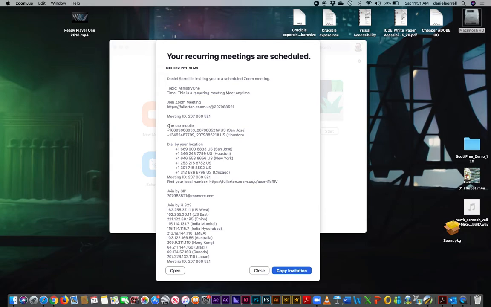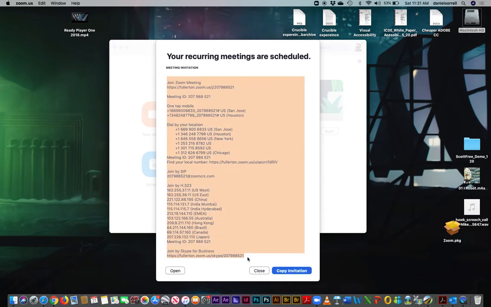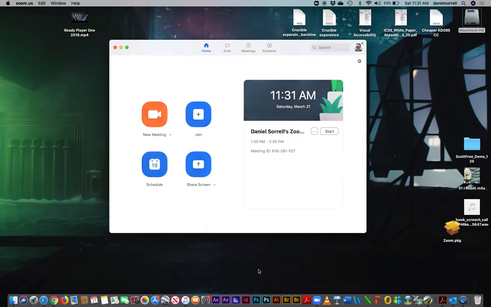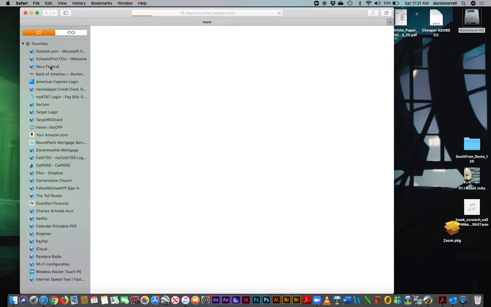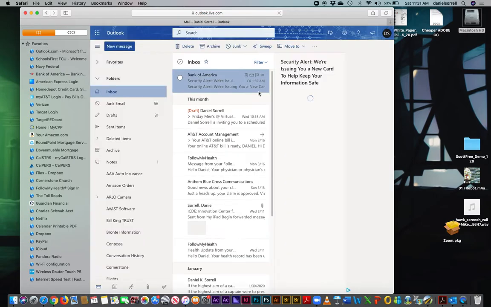And then you want to copy all this. For my own, I will just click and drag it. It says copy meeting, Command C on my computer. And then I will go back out. I'll close that. I'm done with that. Then I'll come down to my Safari again. I'm going to open up my email. I'm using Outlook. And then I will schedule in a